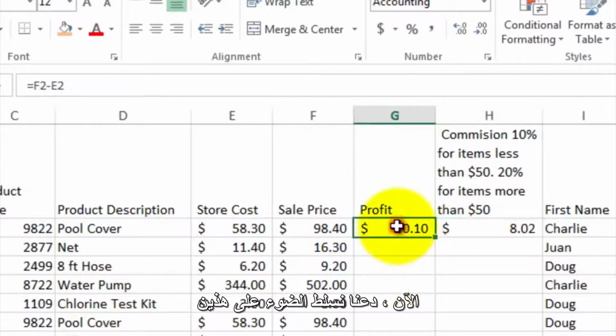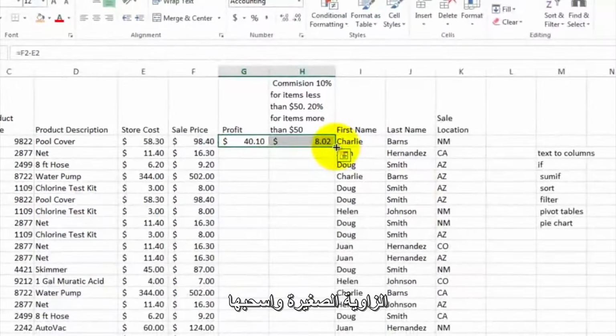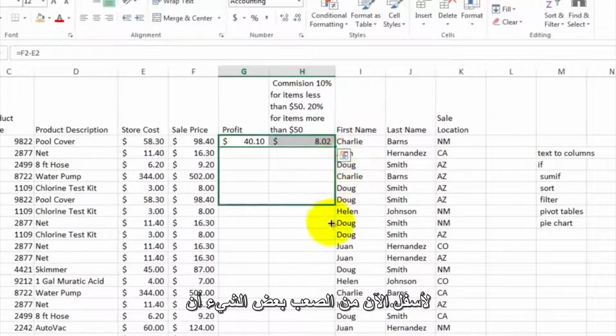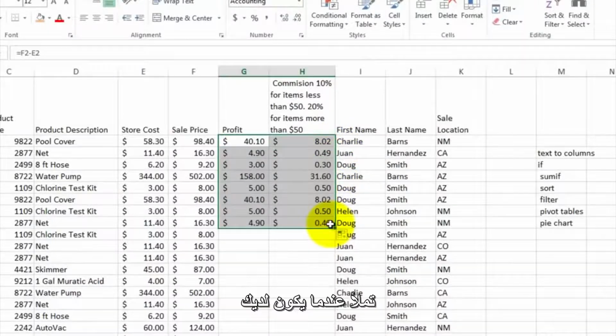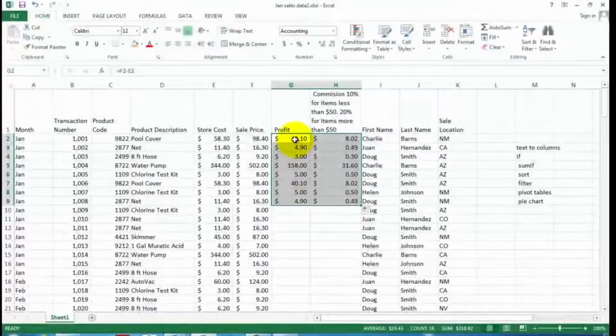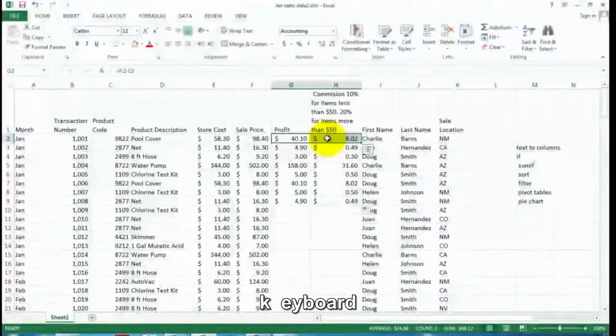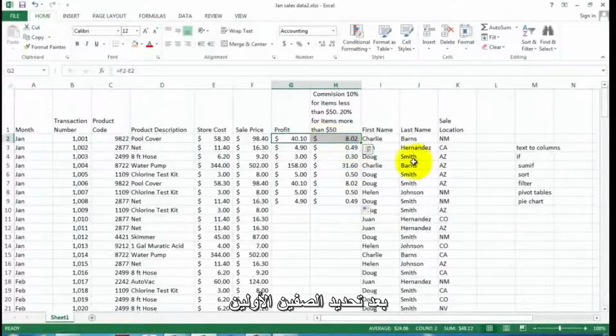Now let's just highlight these two squares and fill down. So I'm going to grab the little corner and drag down. Now it's a little bit hard to fill down when you have 172 rows. So here's another way to fill down. I'm going to hold the Shift key on my keyboard after selecting the first two rows